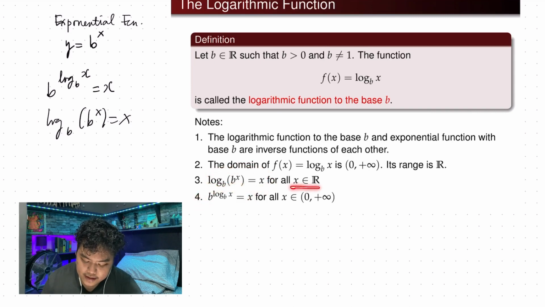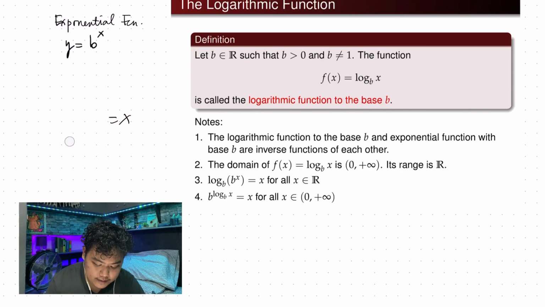So, mamaya ko na sasabihin kung bakit naging ganyan yung mga x na pwede. Or, sige, sa number 3 sabihin na natin. Because this b raised to x, ang domain niya is the set of real numbers. So, papasok mo doon the set of real numbers. Okay? So, number 2 naman, ang sabi natin, the exponential function, ang domain nito, the set of real numbers,